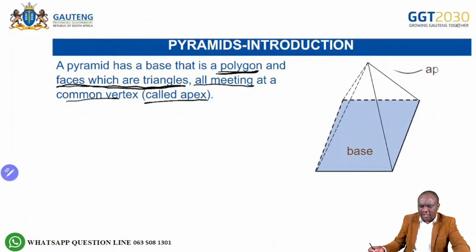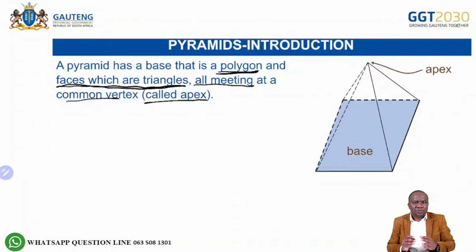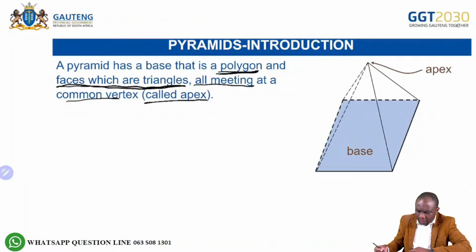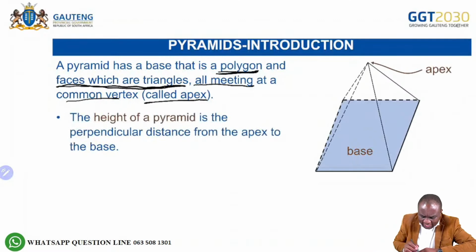We call an apex. That's a pyramid. And then the base can be a polygon, and then the pyramids are named according to the base. It can be a rectangular pyramid, a triangular pyramid, if the base is triangular. See that? Okay, right. So the height of the pyramid,